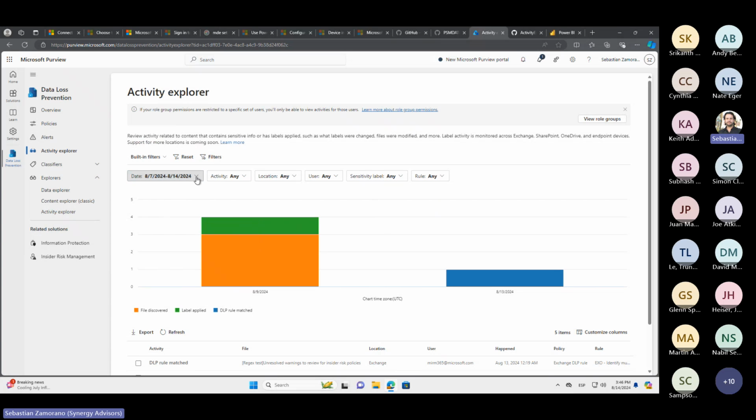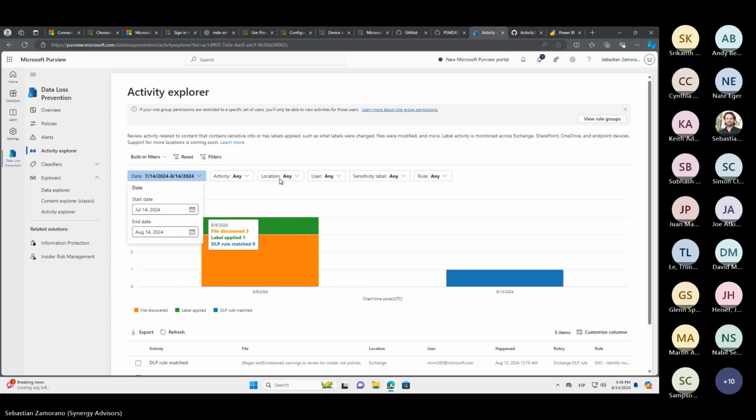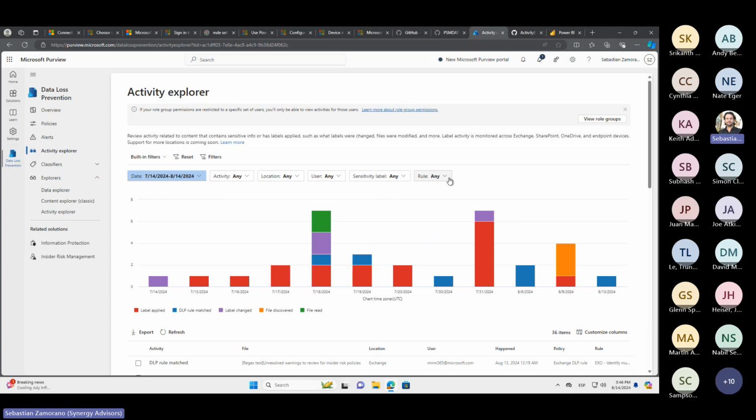Okay, this interface is not too friendly. But here these are the rules. We are discussing the policies, but this is our DLP rule match, and something similar happens with the DLP